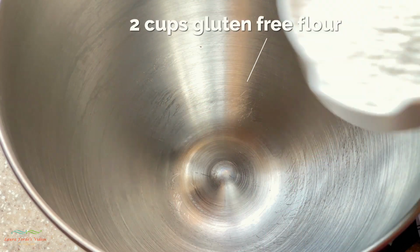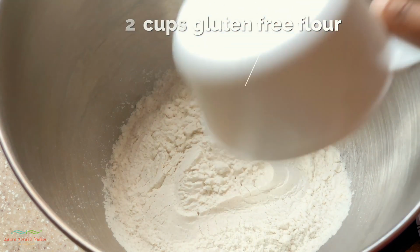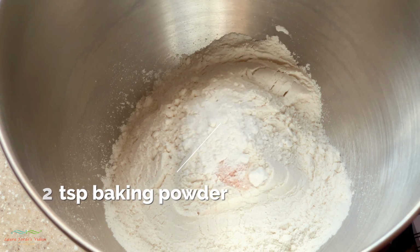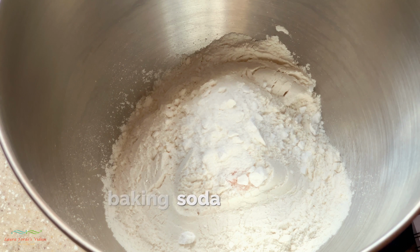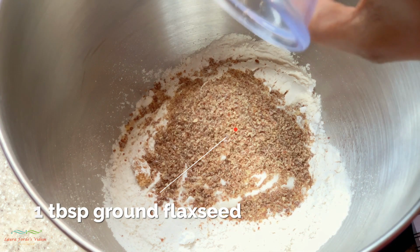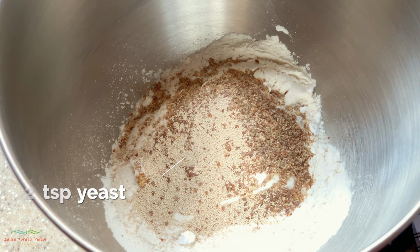So let's get started. 2 cups of gluten-free flour, half teaspoon of salt, 2 teaspoons of baking powder, a quarter teaspoon of baking soda, 1 teaspoon of sugar, 1 tablespoon of ground flaxseed, 2 teaspoons of yeast,